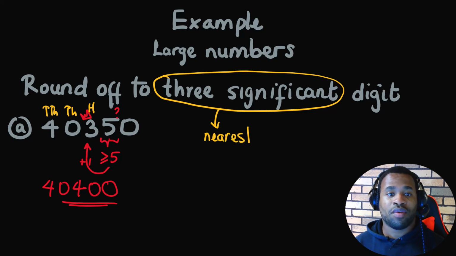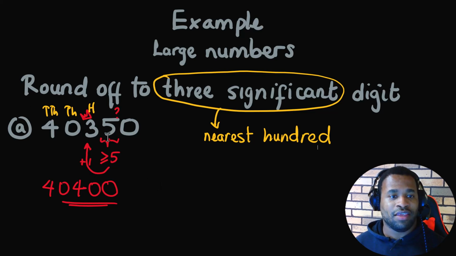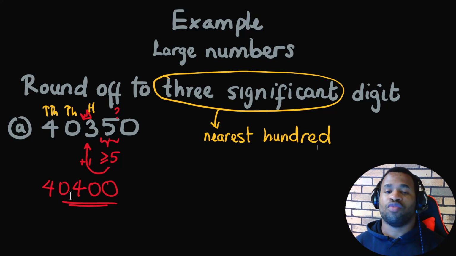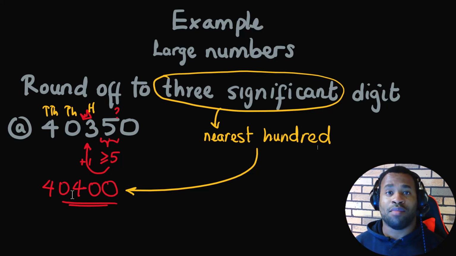To the nearest 100. And so once you're able to recognize this as well, you can ask whether the 5 is greater than or equal to 5, and this will also result in our final answer right here. Let's try another example, but in this case we're going to be looking at a large number